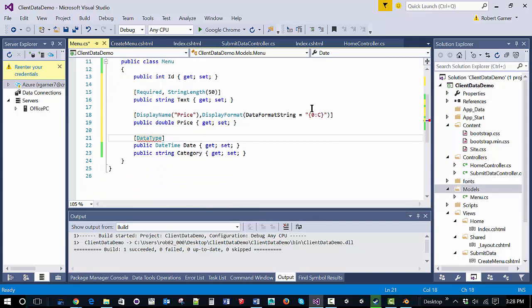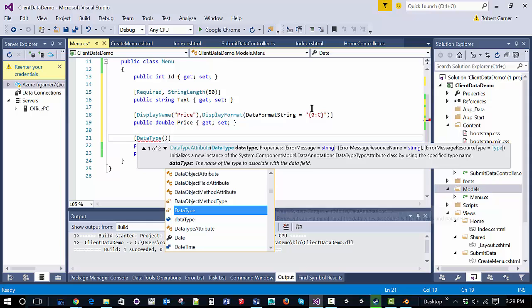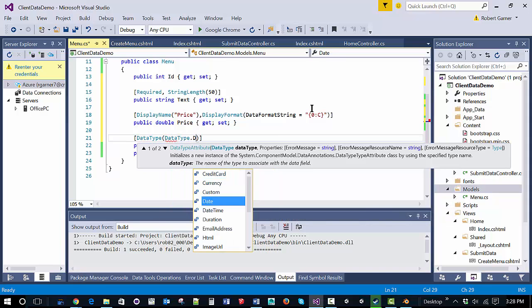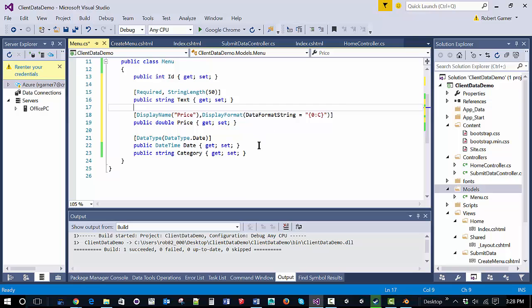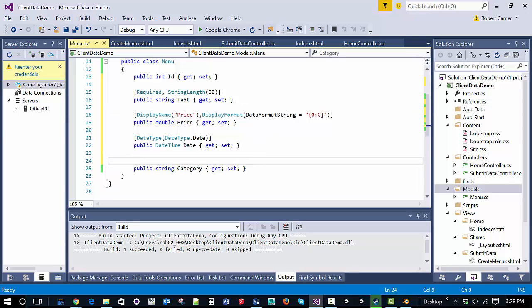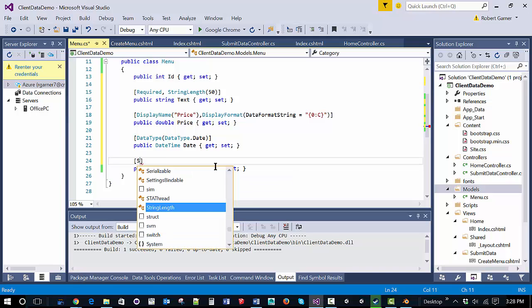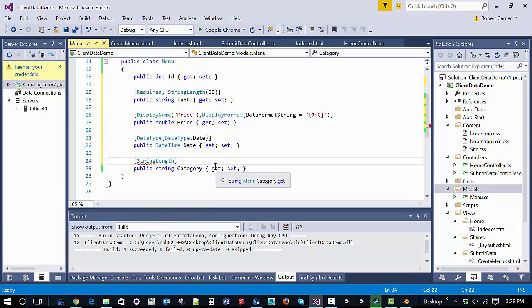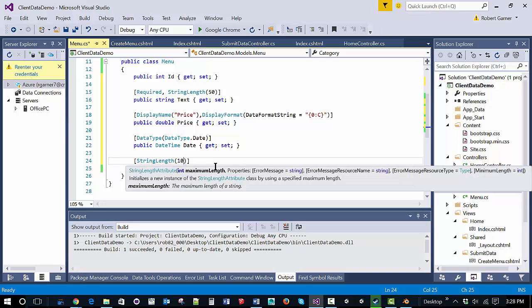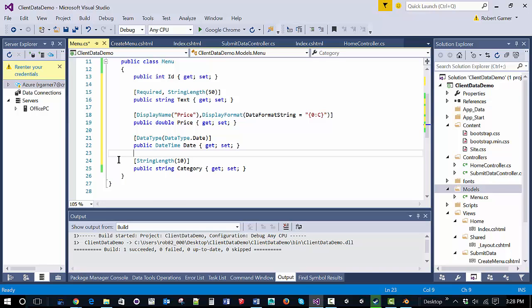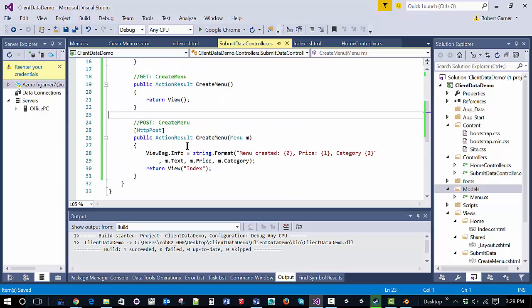For the date time, we'll set the data type to DataType.Date. And so there are a number of these attributes we can use in order to format our class items. So we'll set the length of this string down here to a length of 10. And once we have these validation attributes set, let's go back to our submit data